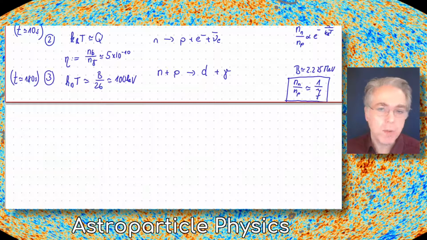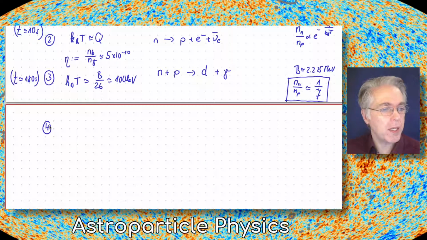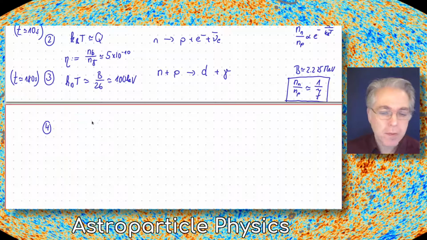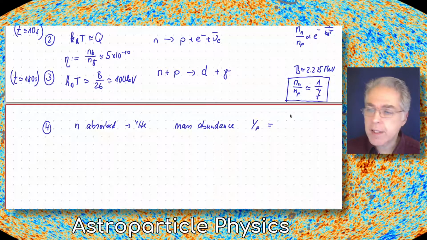What will happen after some time is that all the neutrons will be absorbed, and they will be forming helium in the end. And you will basically have helium-4 formed. If you take that number, how much helium can you form? What we want to look at is the so-called mass abundance, called Y_P, and that's the mass density of helium over the mass density of everything,